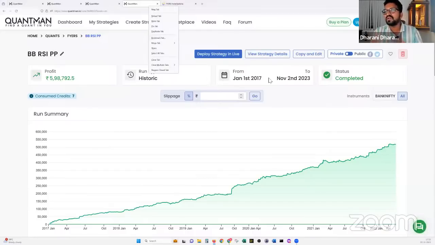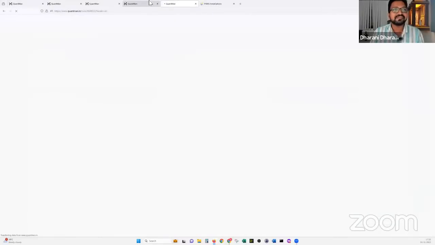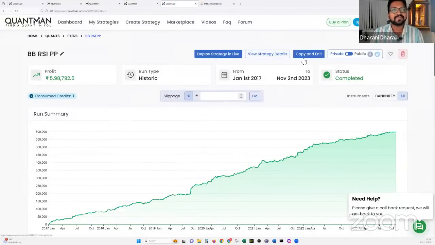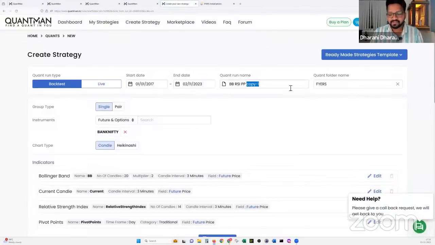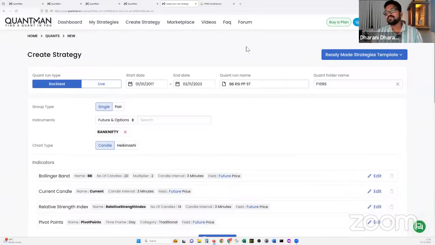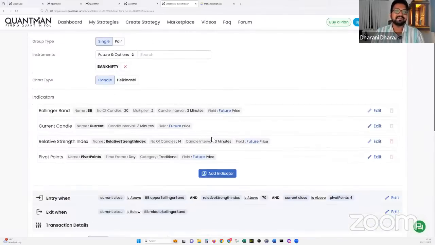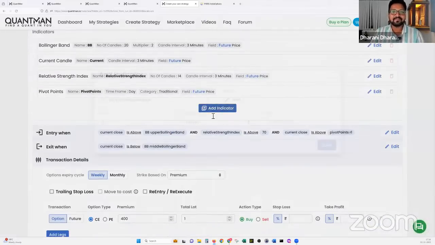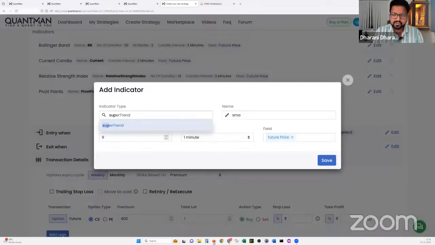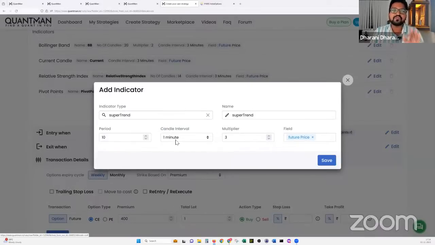So there are 2 more different indicators I need to add and then I'll just come back to that. Okay, so now I just duplicate this and I'm just going to add another indicator, which is the ST. How many of you know super trend? Everyone knows super trend, right? So I just click on add indicator, and as the name defines, super trend is one of the superb indicators